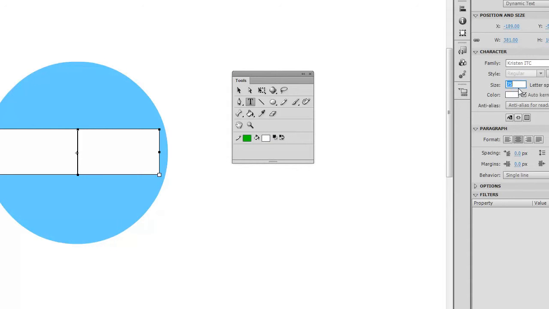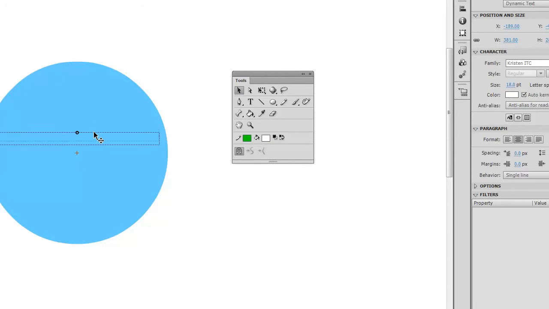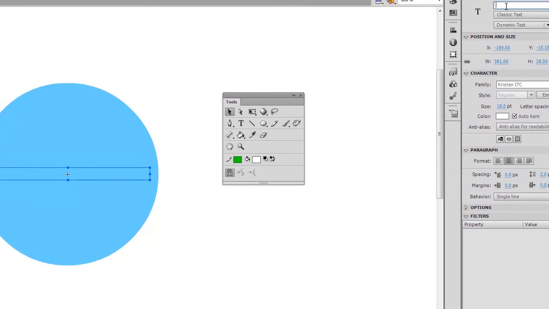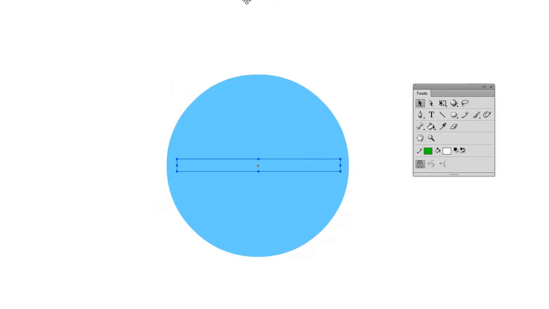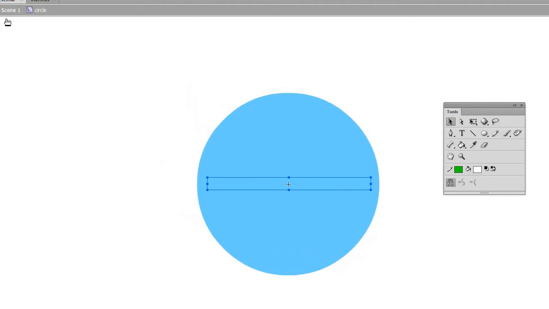Certainly that needs to be 75 point. Try with 18 first. That should allow me to make the text field a bit smaller. And we will just give that an instance name of info underscore txt, show the text field, and then I'll return to scene 1 and create that. Okay,